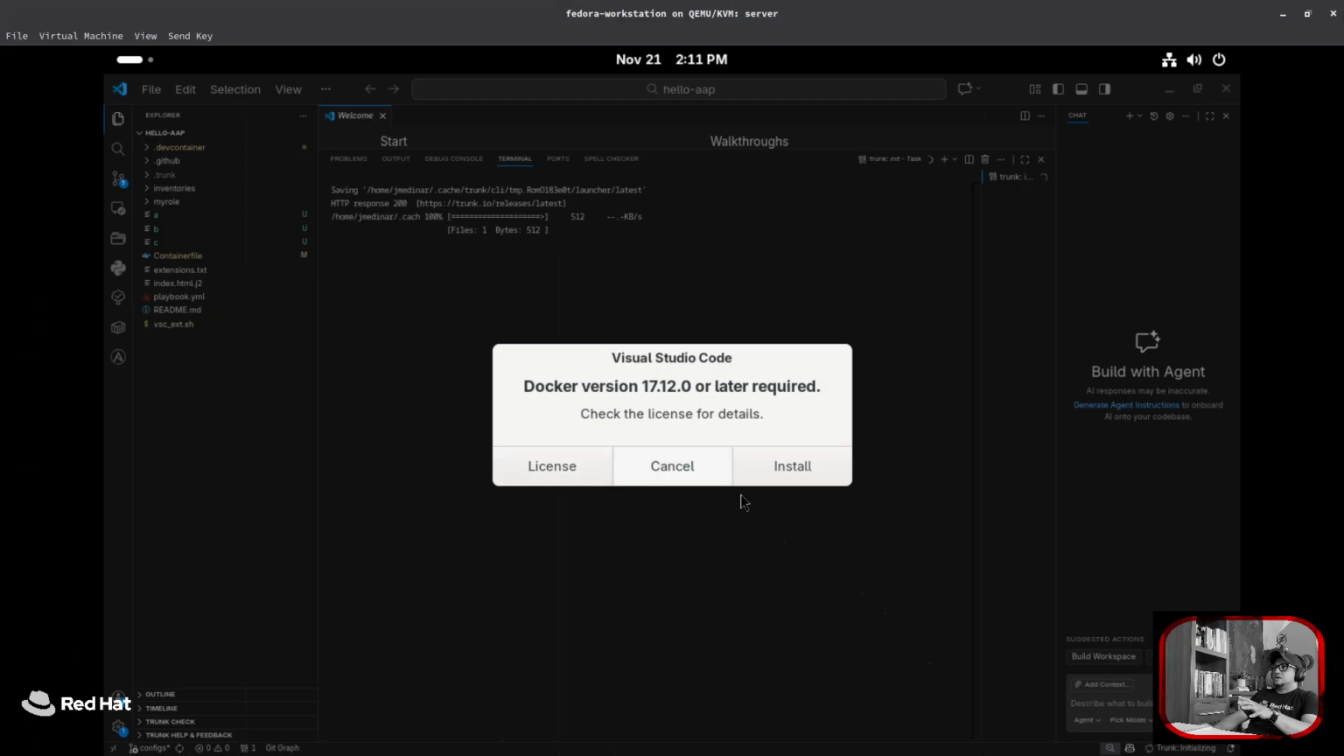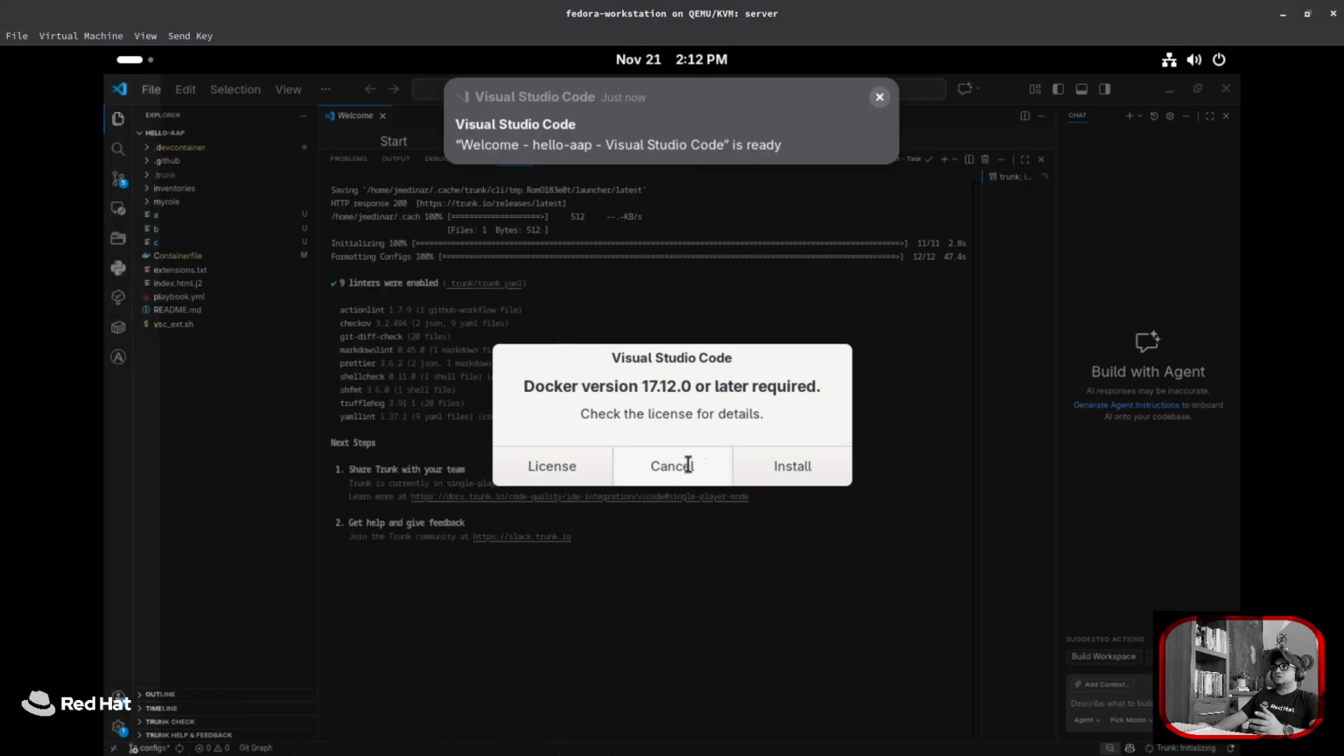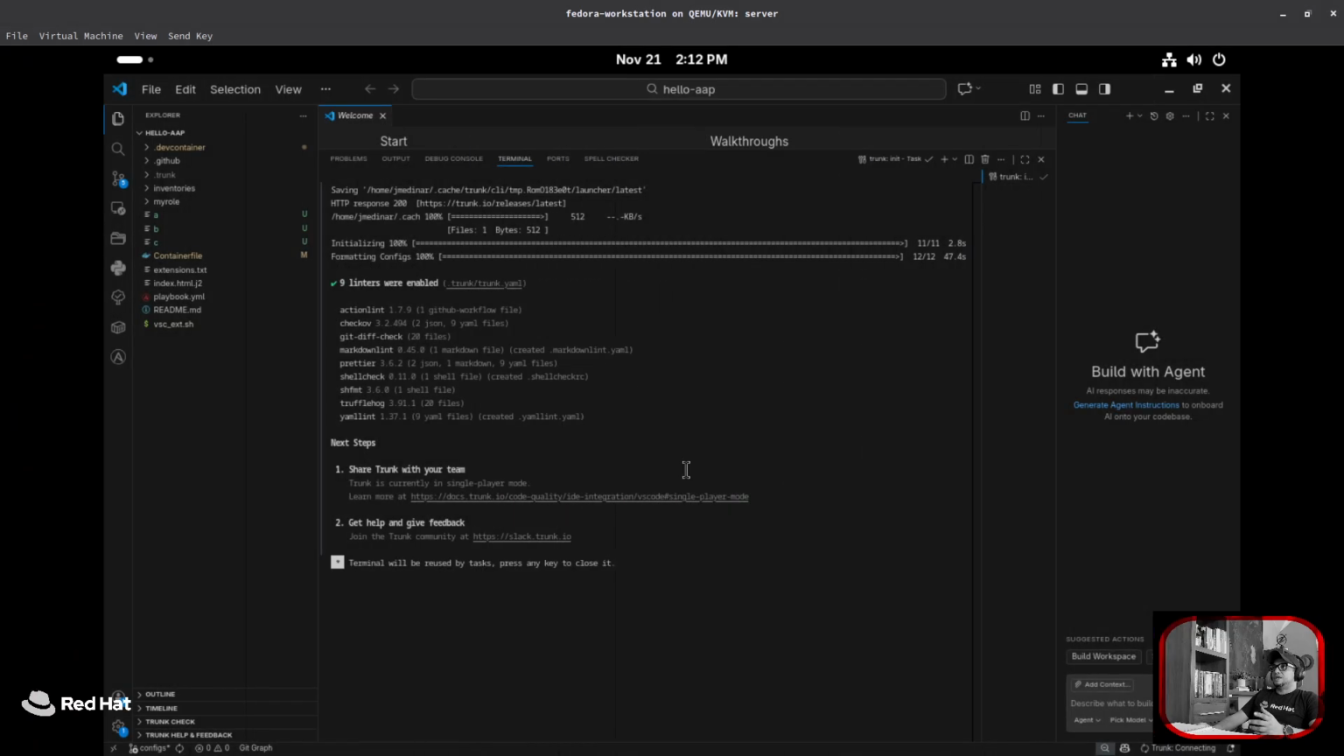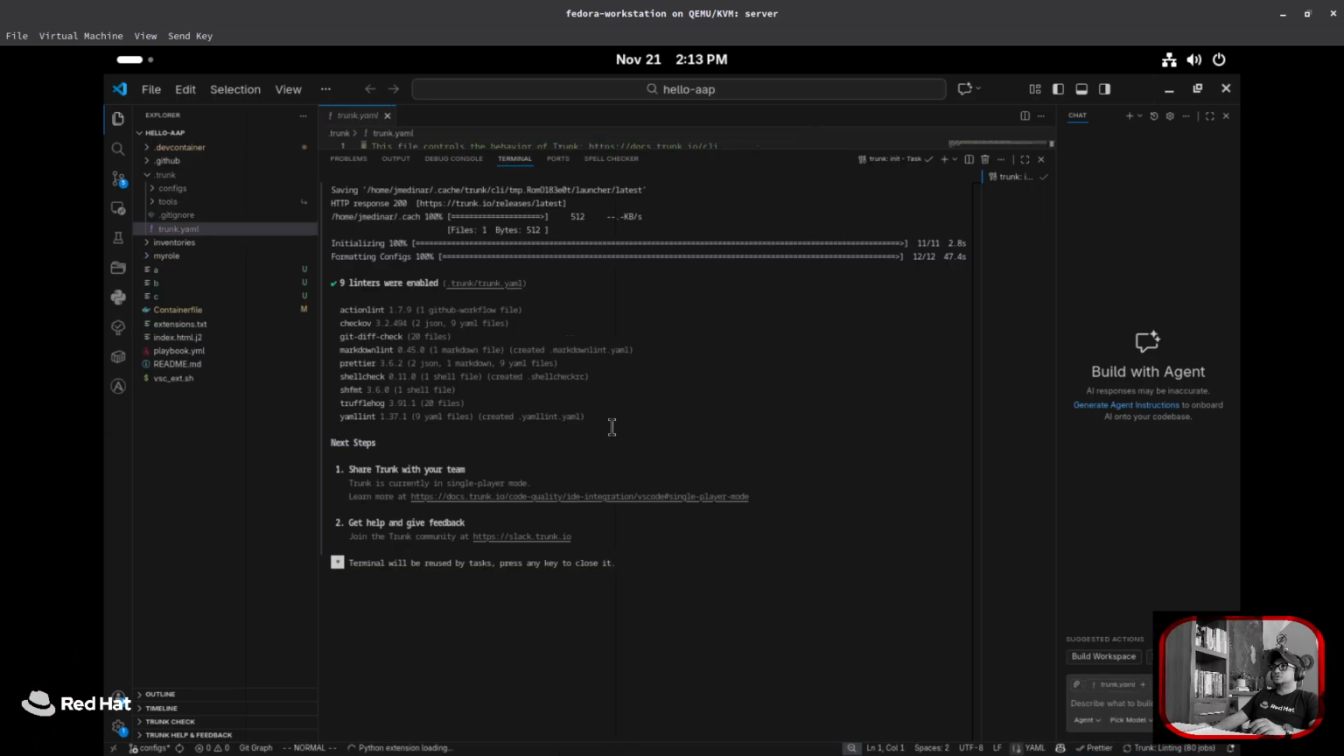Now we can ignore that. We need to do a little configuration to have this working. So I'm going to click on cancel, because by default dev container expects you to have Docker. Because we don't have Docker, I'm going to click cancel, and I will search for that configuration. I'm going to accept that, close this,